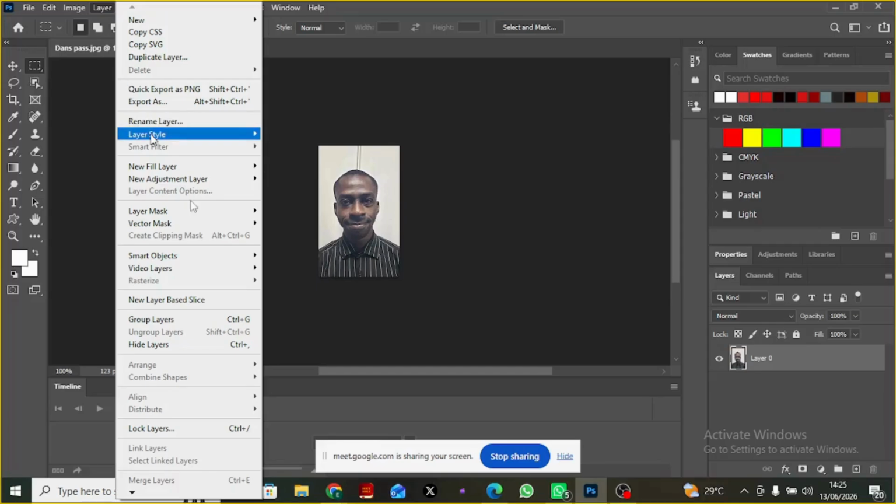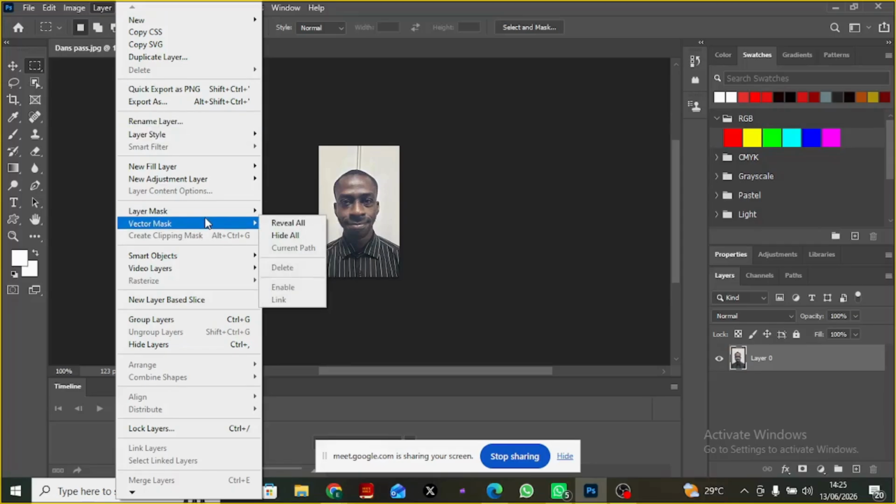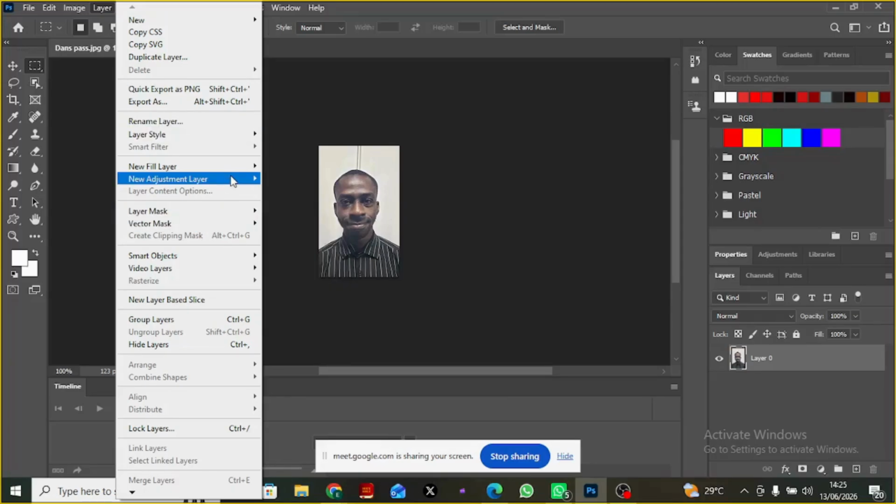So on this layer panel, let's go for new fill layers. Under new fill layers,